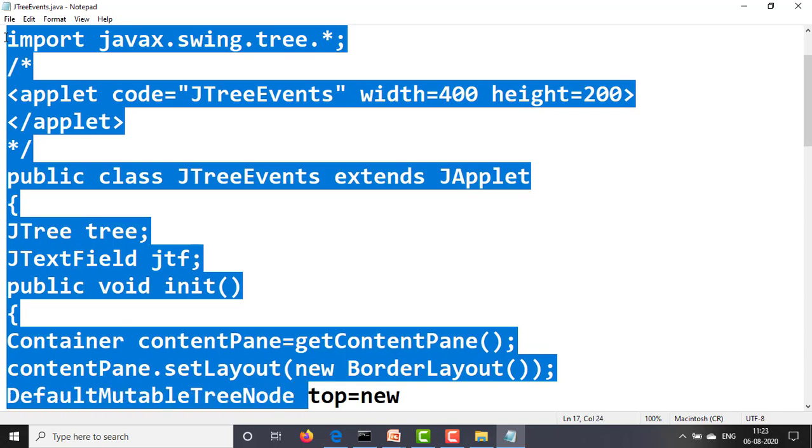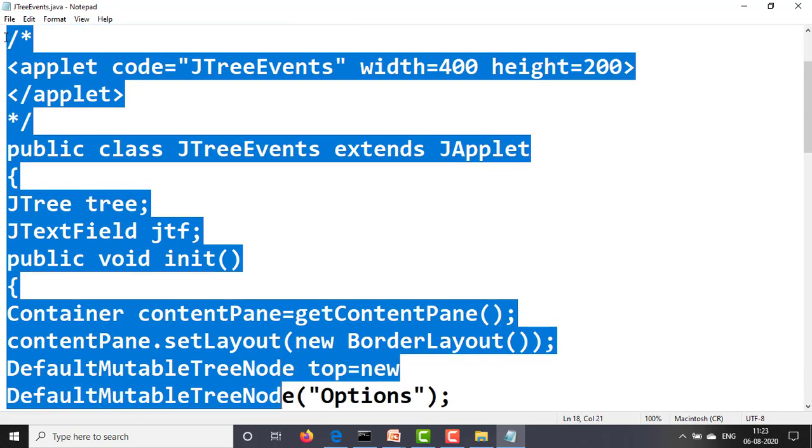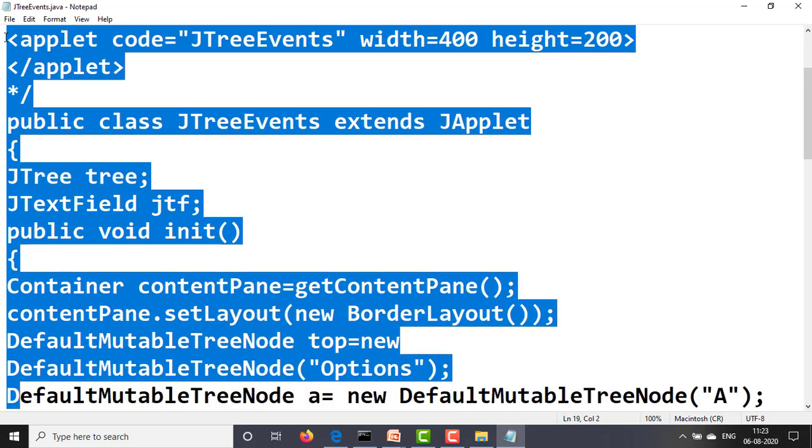DefaultMutableTreeNode top, the top node we are creating, equals new DefaultMutableTreeNode with the caption Options. The top node's caption is Options, as we have provided: DefaultMutableTreeNode top = new DefaultMutableTreeNode("Options");